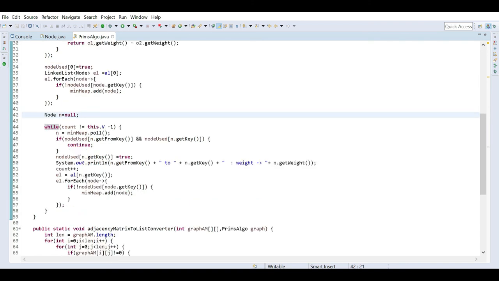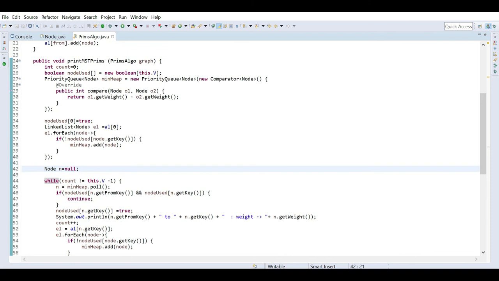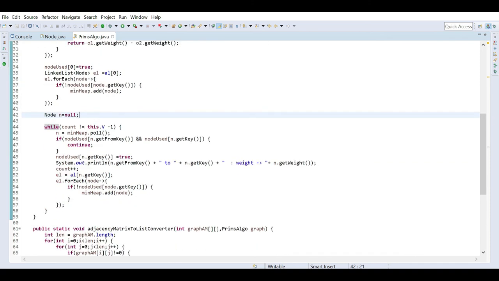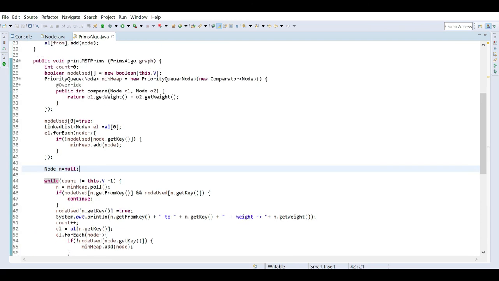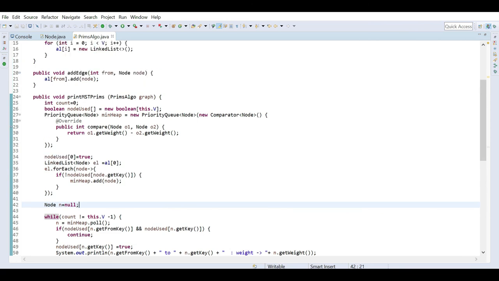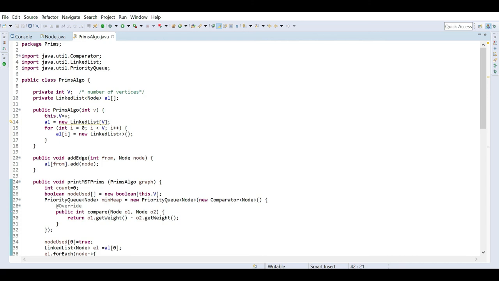This Prim's algo I wrote in a different way, and I have experimented with various inputs, and each and every time it ran successfully. Still, if you find any flaw or any particular kind of graph where it is not working, please mention it in the comments, then maybe I will rectify it. I have tested it against 8 and 10 node graphs, and for all those cases it ran. If you find any bug, please mention it in the comments, it will be highly appreciated. So this is all about Prim's algorithm.